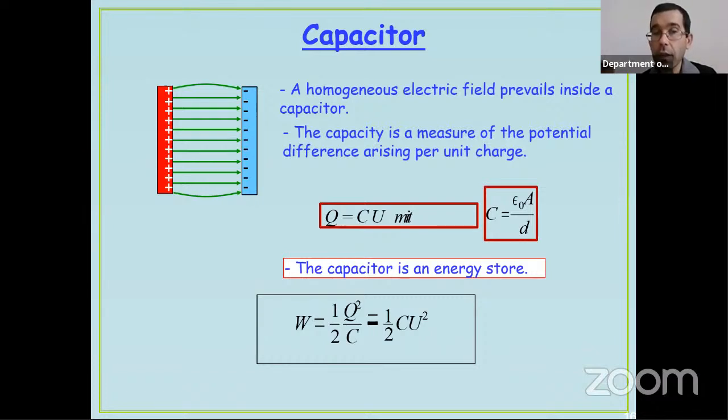And in case of a parallel plate capacitor that has such a structure as illustrated in this figure, it can be shown that this capacitance depends on material constants and geometrical parameters. The larger the cross-sectional area of the capacitor plates, the larger the capacitance of the capacitor, and the smaller the separation between the plates, the larger the capacitance.